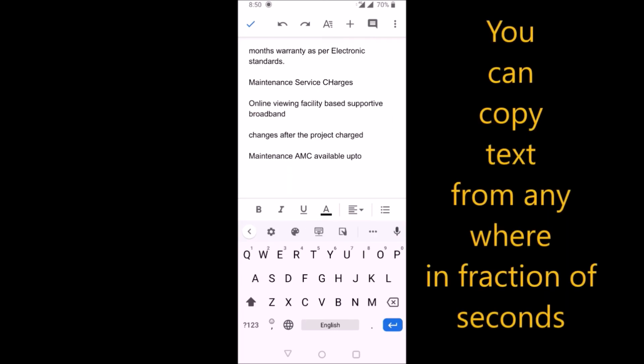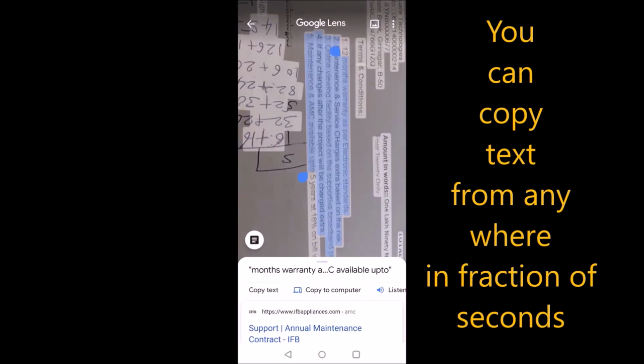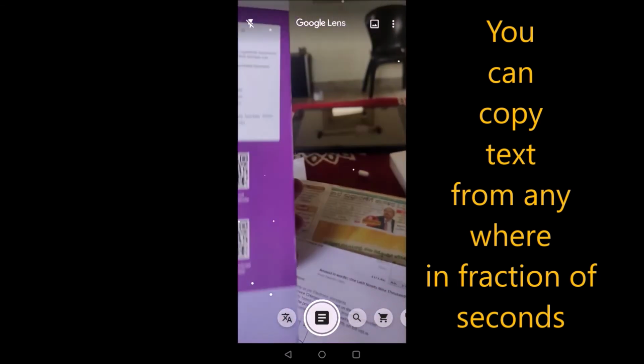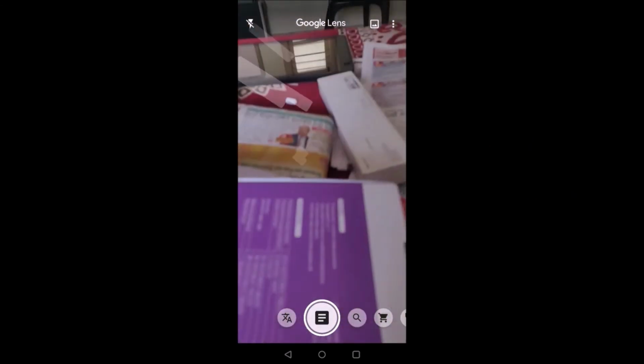One more thing I am going to tell you in Google Lens. If there is a product, you can copy the text from the product to Google Docs. I am coming to Google Lens. Here there is a product, and on it there are instructions. I am going to copy the instructions.